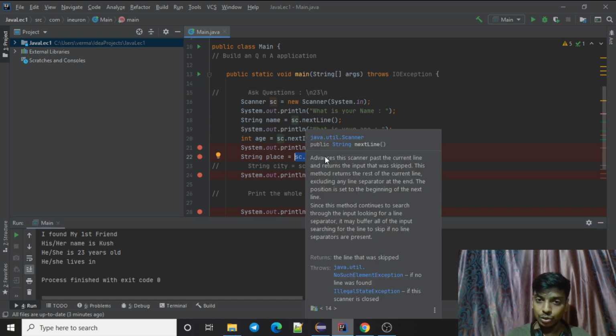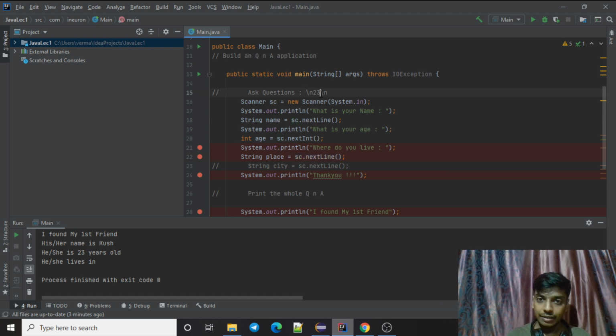And when I enter now, because I already have an empty string which passes to the next nextLine, what does nextLine do? It will read everything from where the cursor is up to the next thing, because I already have \n present. So it assumes that I entered it, or that this is input from the user, and it will load this empty string to place. And because place has got an empty string, it will be loaded. I hope you guys got my point.